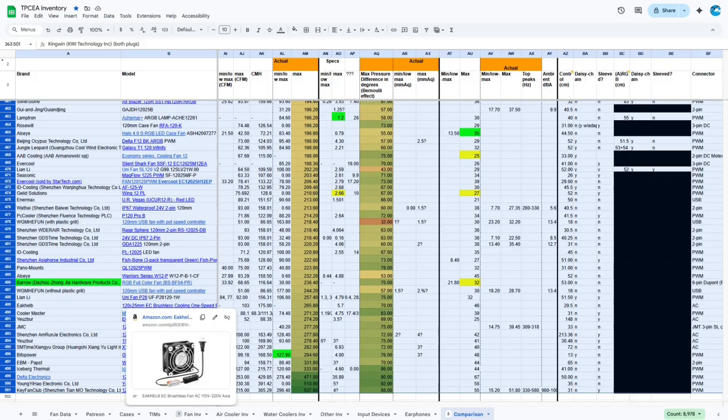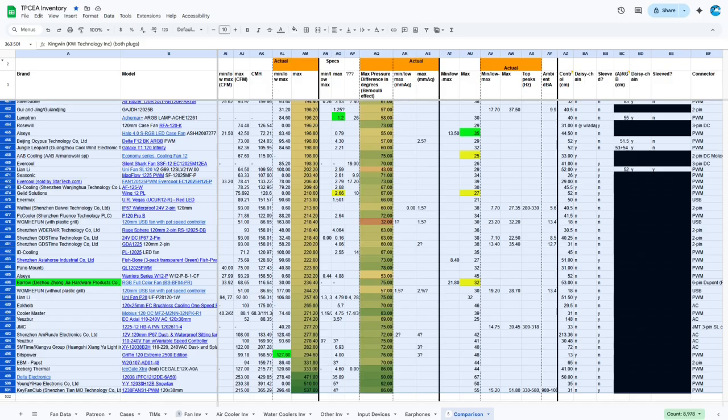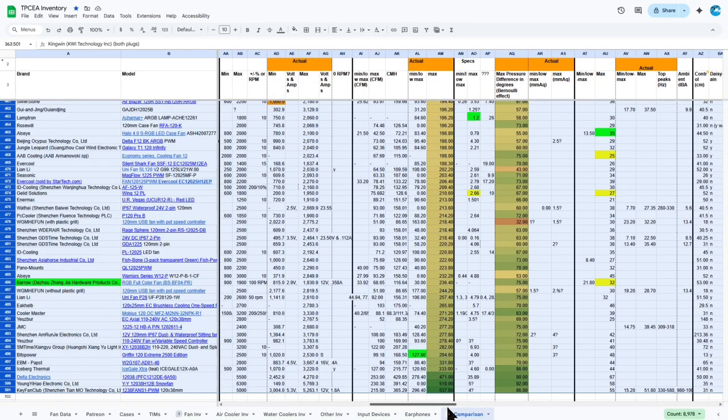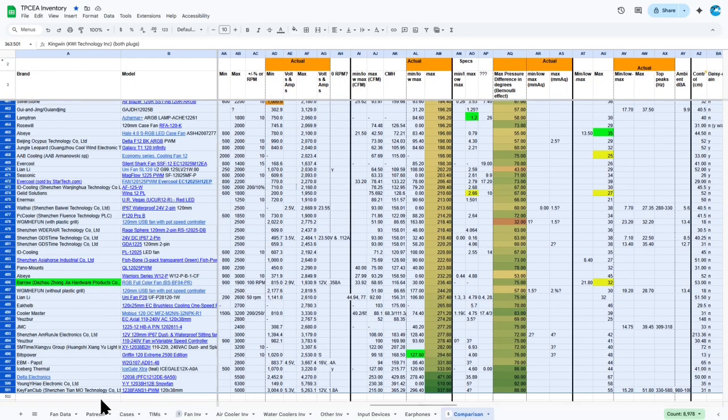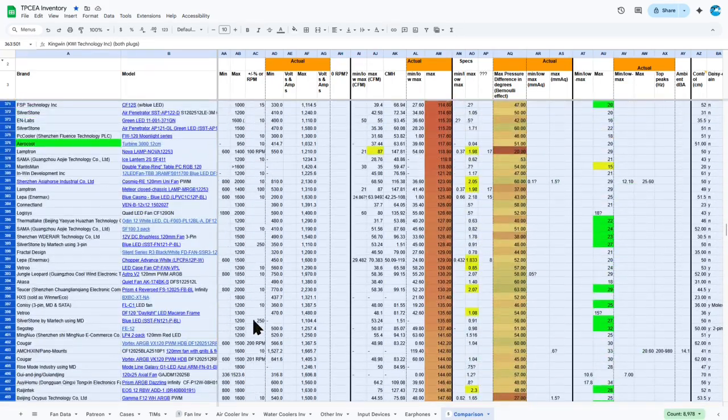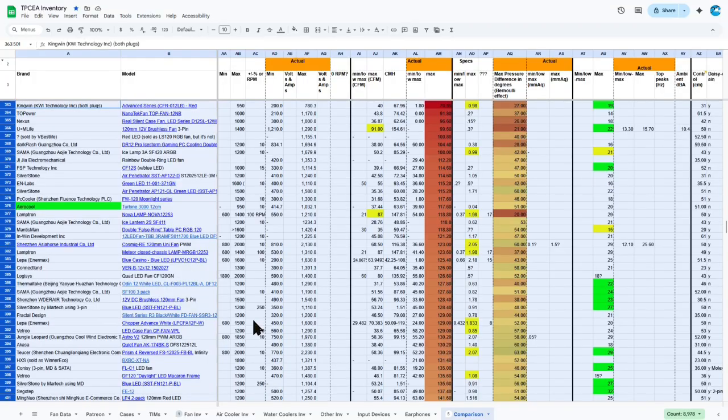So it's surprisingly a strong fan, even though there are other fans that are definitely better for airflow, but still, it's a good one to consider. All these ones on the screen right now are good fans to consider for airflow. And if we go ahead and show everything, you can try to theorize how you can identify fans that are going to have high or low airflow based on RPMs. And generally, we can see that the lower the RPMs are, the lower the airflow is, and generally the lower